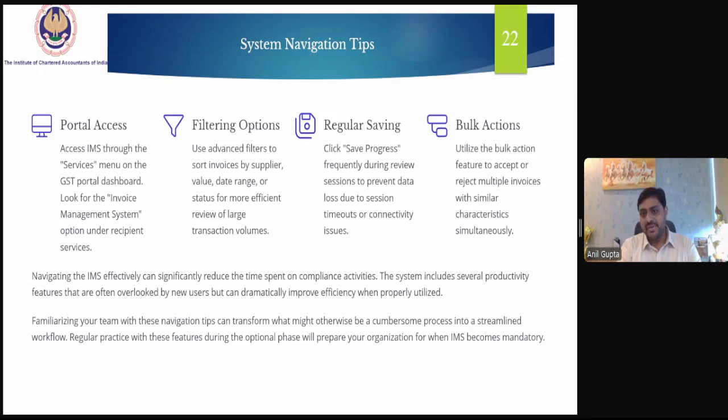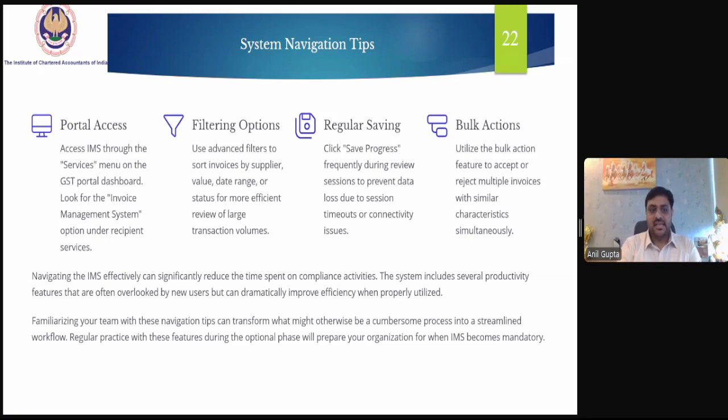Utilize the bulk action IMS feature to accept or reject multiple invoices with similar characteristics simultaneously. With the bulk option available, the recipient of the services or goods can save time and effort and can take action on the similar records at one go.